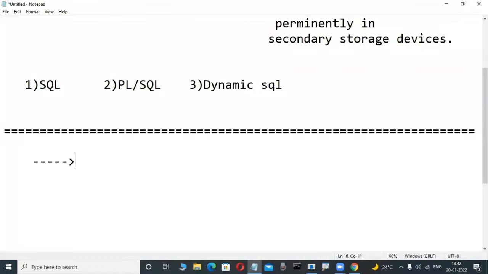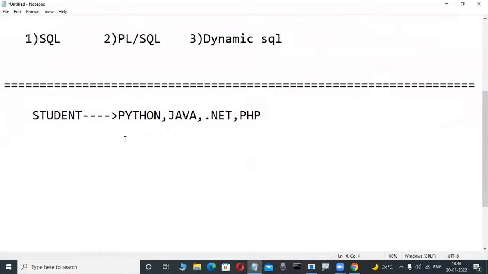First, from the student point of view. Many students are learning front-end courses. Nowadays they are learning Python, or Java, or .NET, ASP.NET, web-based applications, and PHP. These types of front-end applications they are all learning. These persons are web-based application programmers. Web-based is also possible in Java or Python. These web-based application programmers compulsorily need